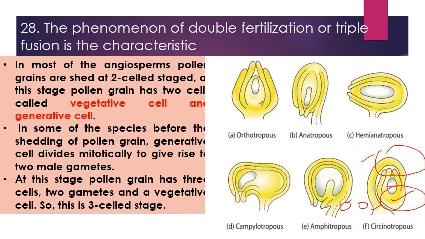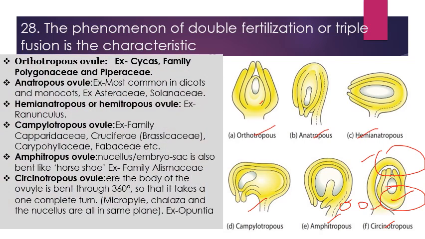Generative cell divides to form 2 male gametes. We have different types of ovules, like orthotropous, anatropous, hemianatropous, campylotropous, amphitropous, and circinotropous. In case of orthotropous ovule, the micropylar end and chalazal end lie in a single